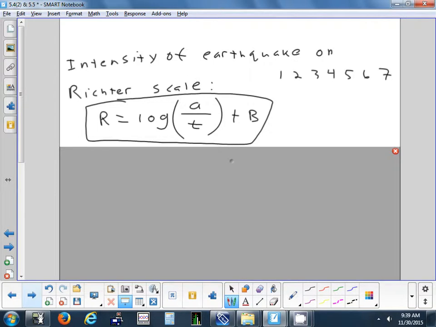And they go, I think the highest magnitude may be up around a 9 point something. I don't think they've ever had a 10. That's when the planet cracks in half. But if we take a look,